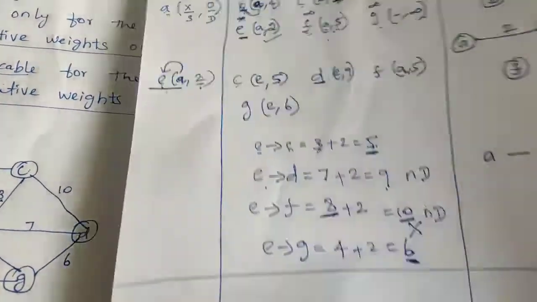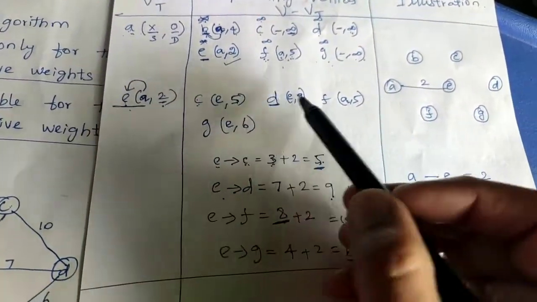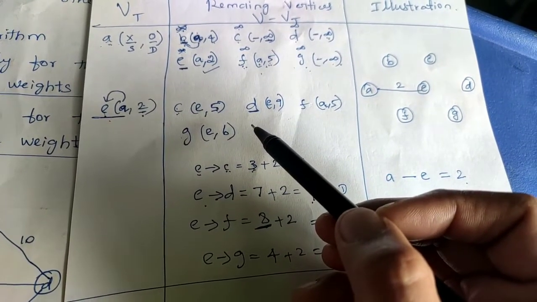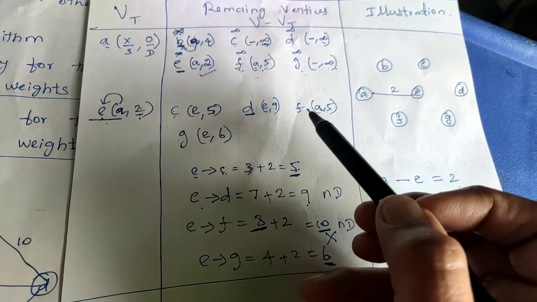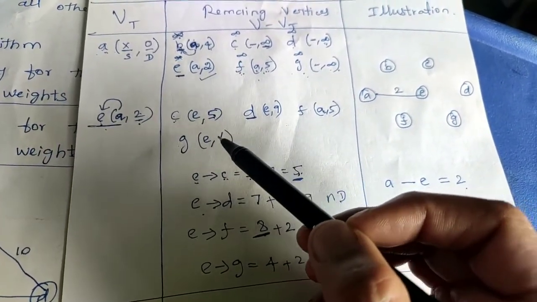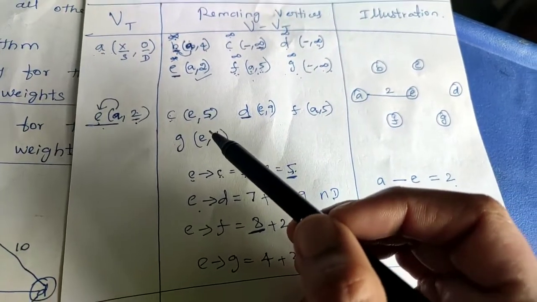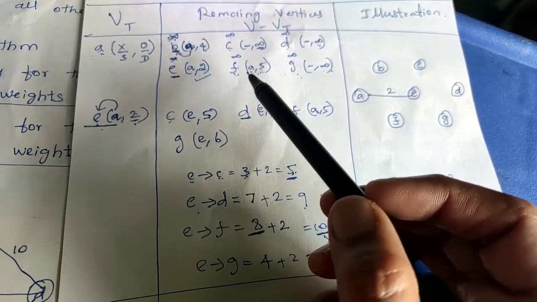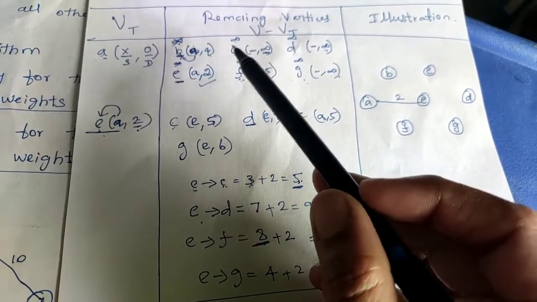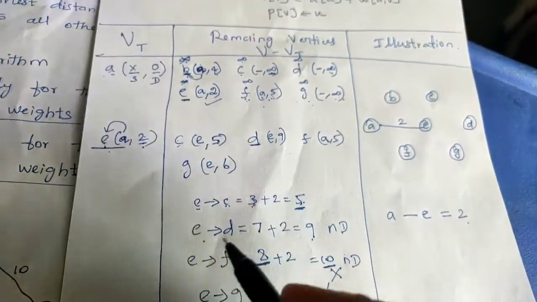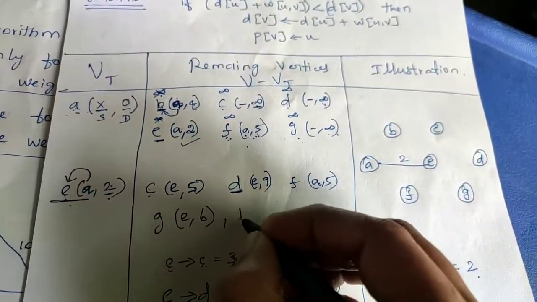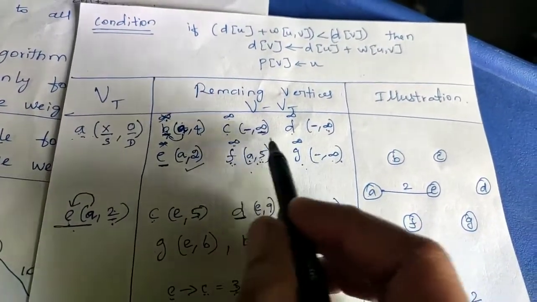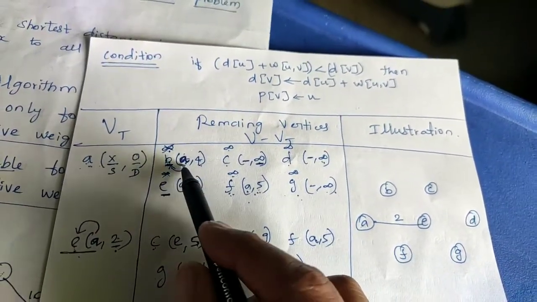Now second step is over. Now out of these 4 vertices of the remaining vertices column, we are going to select the vertex which has the minimum distance. Out of these 4, wait, I have processed everything or not, I want to see. See, I have left out one more vertex called B. B vertex is not processed. I started writing only these vertices. I have to include the vertex B also here.